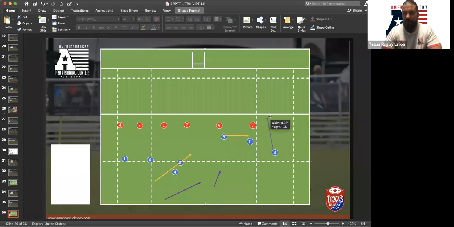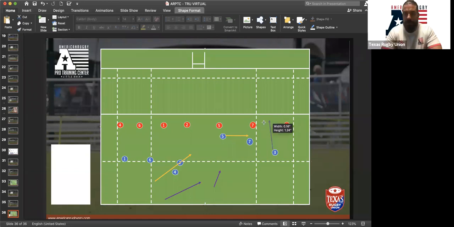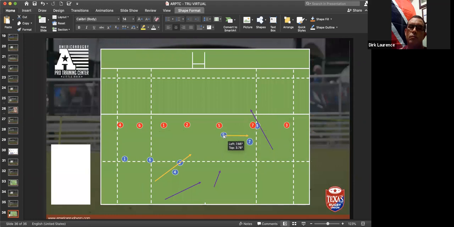Okay, if the 3 runs that way, what does that allow the 5 coming around the corner to do? What does that allow the 7? It allows us, the 7 has to make a choice right there, whether he's taking the 7 ahead of him or the 5. Yeah, so if the 3 runs that kind of angle, the 3 then actually blocks off the 5, and the 5 can come around and get through this gap. Right. And you'll see that happen a lot.